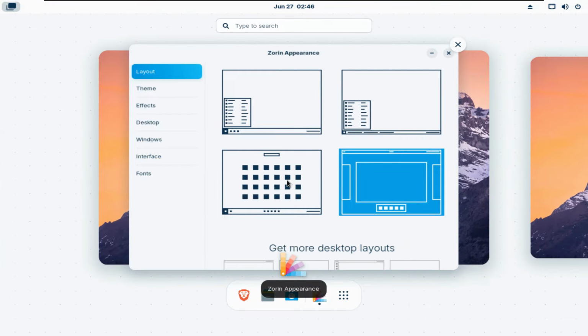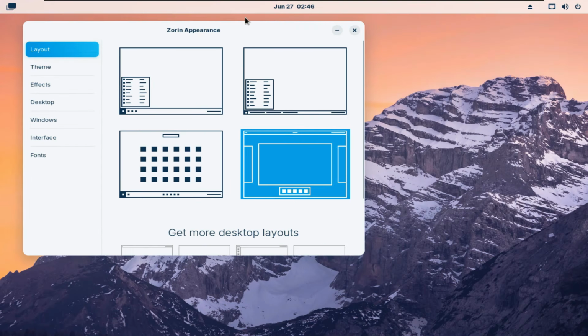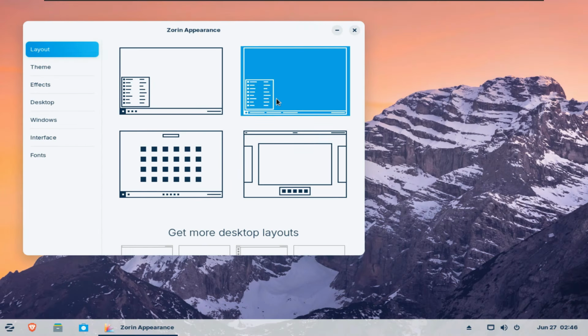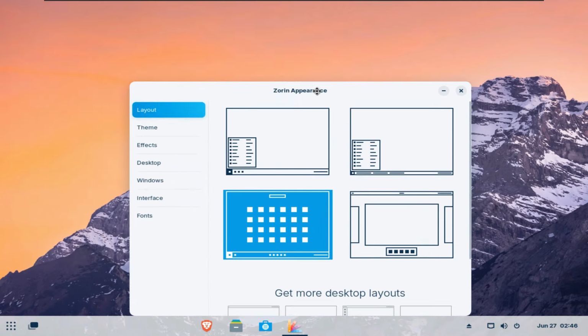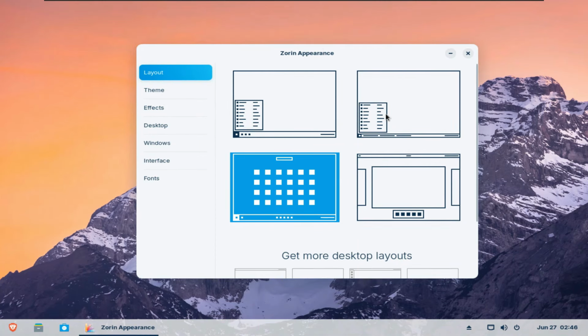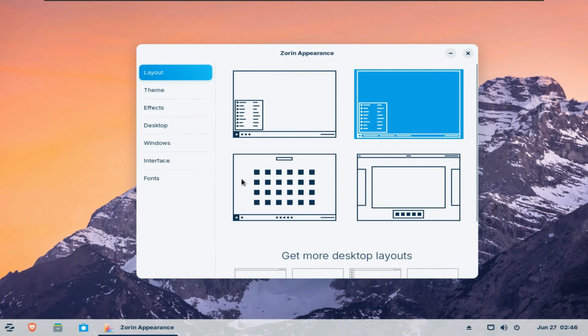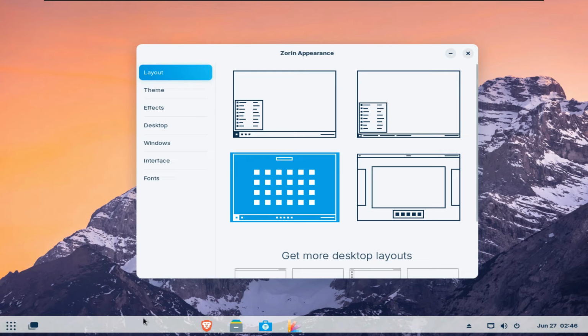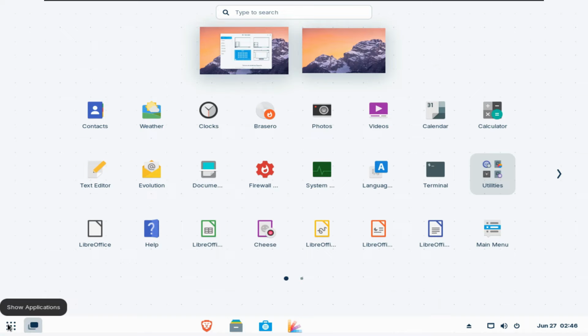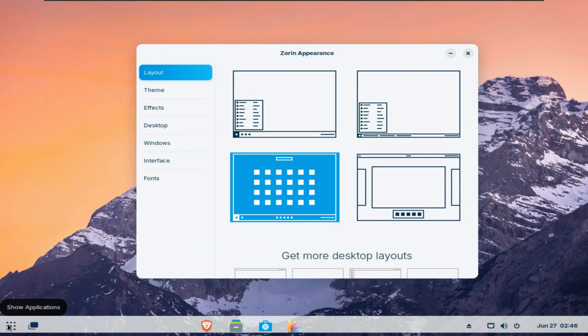We have the default GNOME layout, as well as some similar layouts to Windows, I guess, and this one in here that I'm not sure what it is, but it is something. So what is this? I'm curious to know. What's the difference between this and this? So it looks like when we select that option, this one is like floating, and there are some glitches in here because the icons are getting cut in half, and this one should be centered, but nope, it's not. Look. Yeah, you see the floating, there should be like a floating effect, just like with KDE, for example.